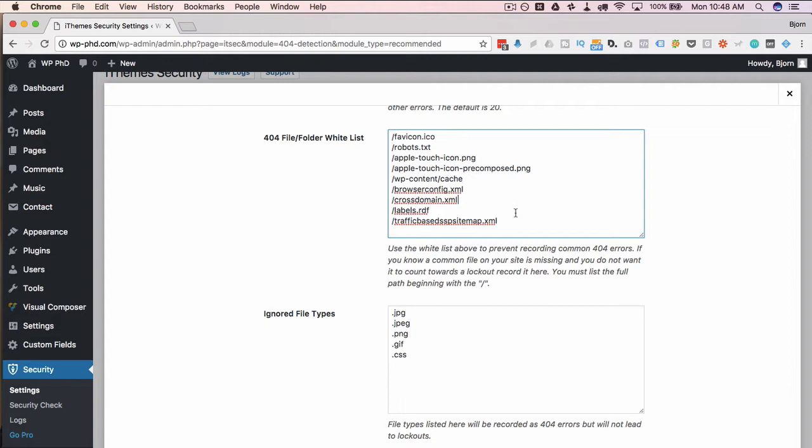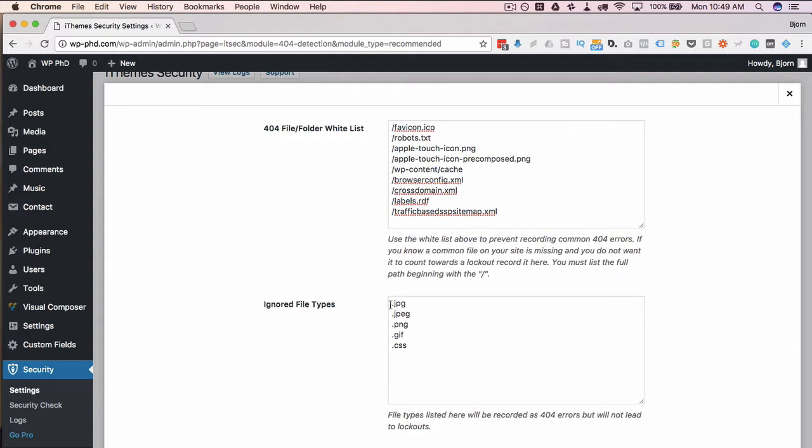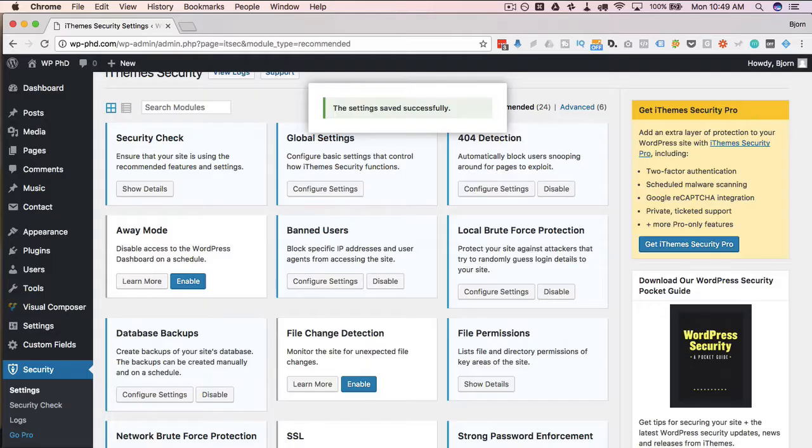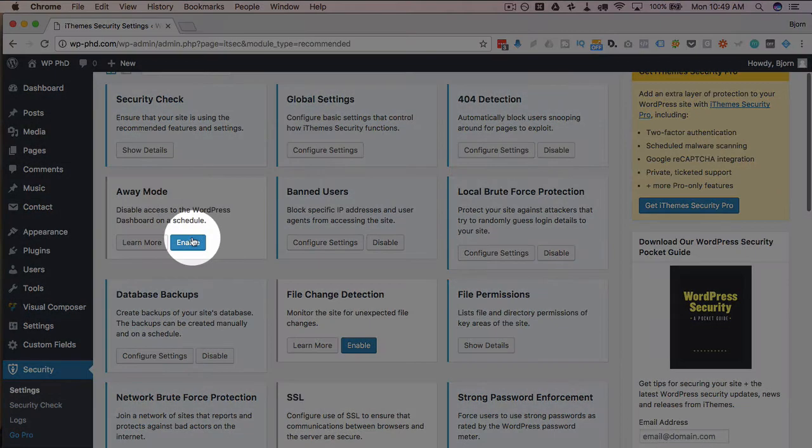If people are accessing these ones, it won't register a 404 because they're whitelisted. File types to ignore are image files and CSS files. You could also add in movie files here if you want, or even PDF files, because those generally don't relate to vulnerabilities. After you have all those settings set, click on Save Changes, and now we have a 404 detection module installed.